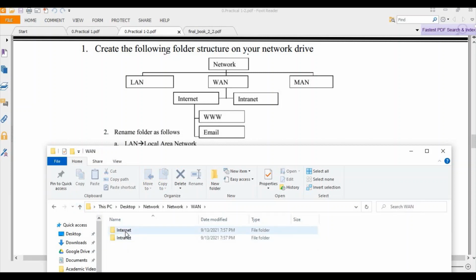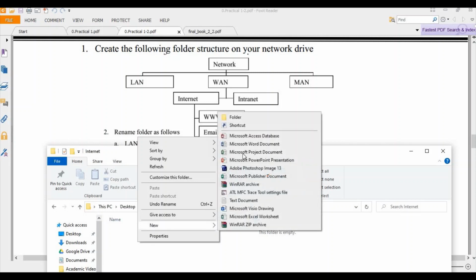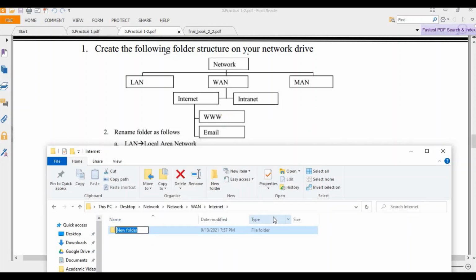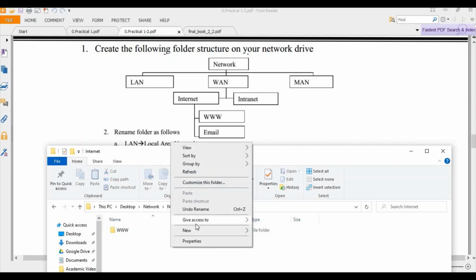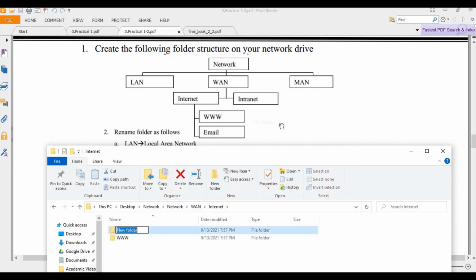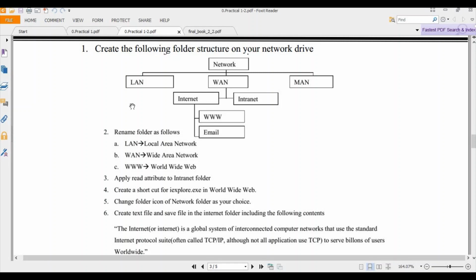Intranet folder, sorry, internet folder. Inside that I want to create the 2 folders, www, then another folder, email. Now the given folder structure I have successfully created in the local machine.